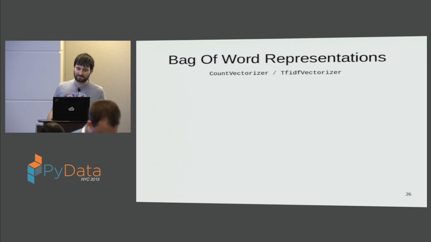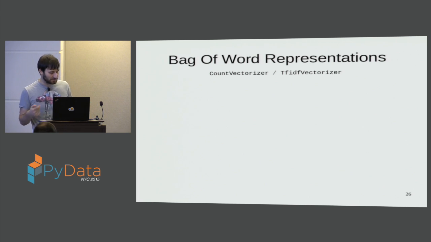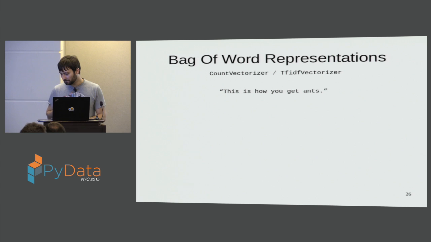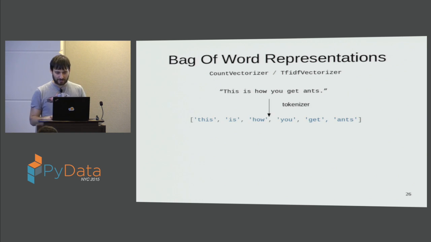So the bag of words representation is a way to go from free text strings to a numeric representation that machine learning algorithms can work with. So a string might look like this. One of your data points might be a string, like this is how you get ants. Or it might be a Yelp review, or it might be a book by Shakespeare. And the way to get this into a numeric representation that is fixed length is